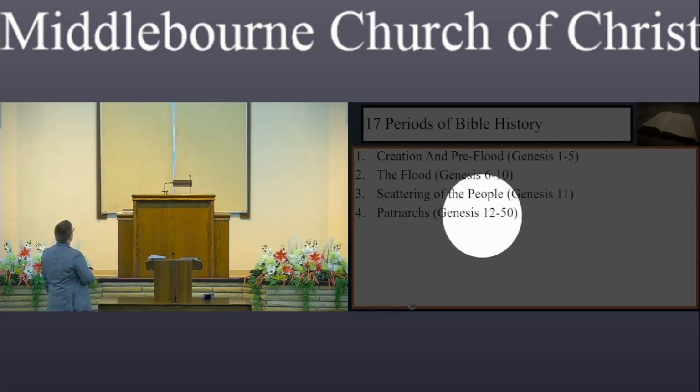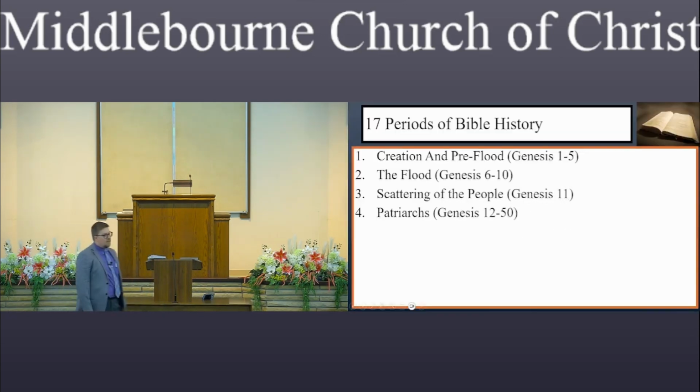So I know that Abraham lived from chapter 12 to chapter 27, but Isaac actually became the main focus in chapter 24 when they went to find him a wife. So if it's a story of Abraham, most likely it's 12 to 23. If it's a story of Isaac, it's 23, 24, 25, and I think 26. I think 27 is where it shifts to Jacob. And we follow Jacob until in the 30s where we start to follow Joseph, who's not actually one of the patriarchs, but he's in that time frame, and so it's easier to remember him this way.